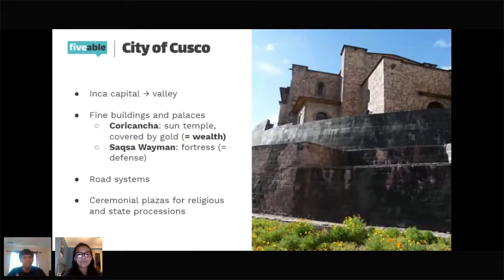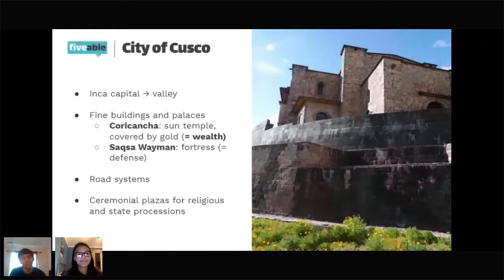Which is pretty interesting because typically in Europe, empires are in the plains, or like the Mongol Empire, along rivers. The Inca capital is located in the valley, which is pretty strategic when it comes to defending themselves and in terms of agriculture. When you're talking about fine buildings and palaces, there were a couple that are pretty notable. The first is